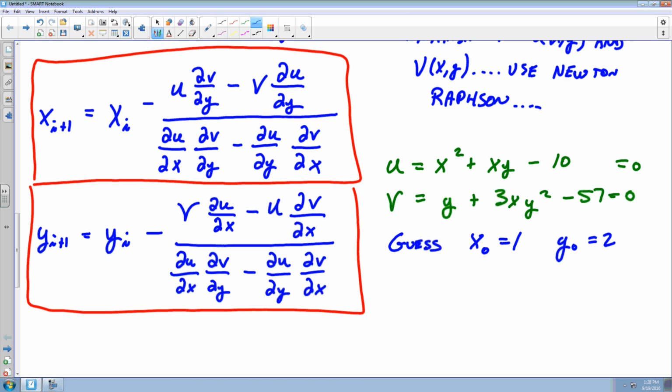The good news is, in general, with these Newton-Raphson type techniques, as long as your guess is somewhere in the ballpark, usually they're fairly convergent. Your odds of convergence are not too bad. If your guess is way off of the solution,